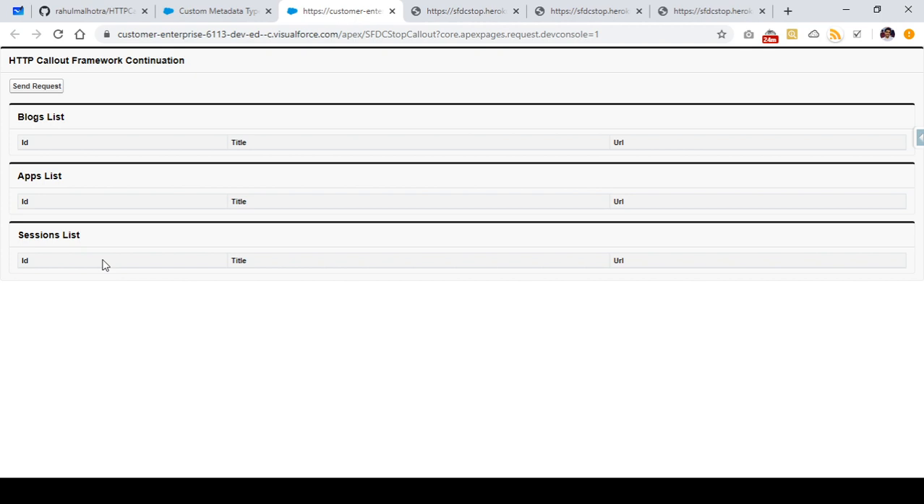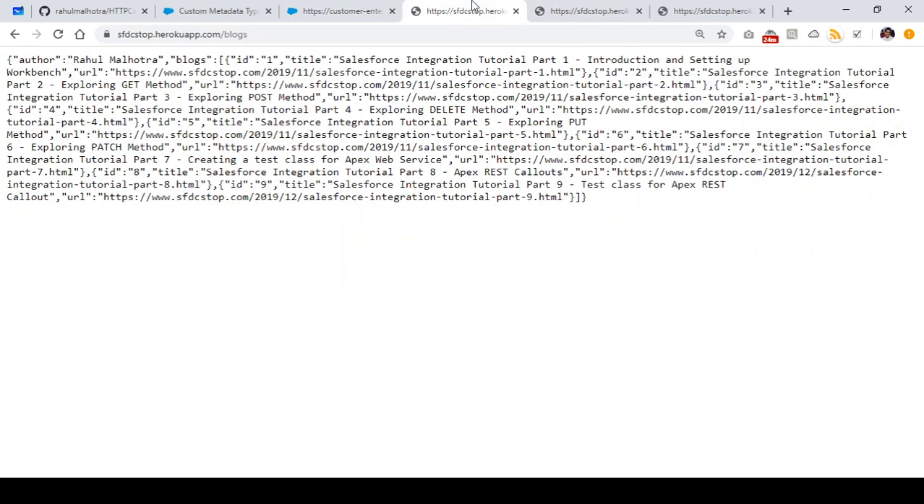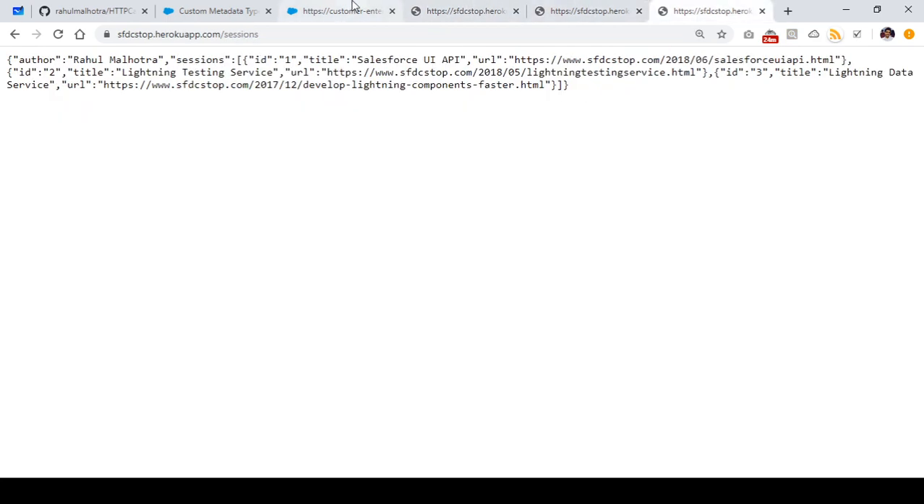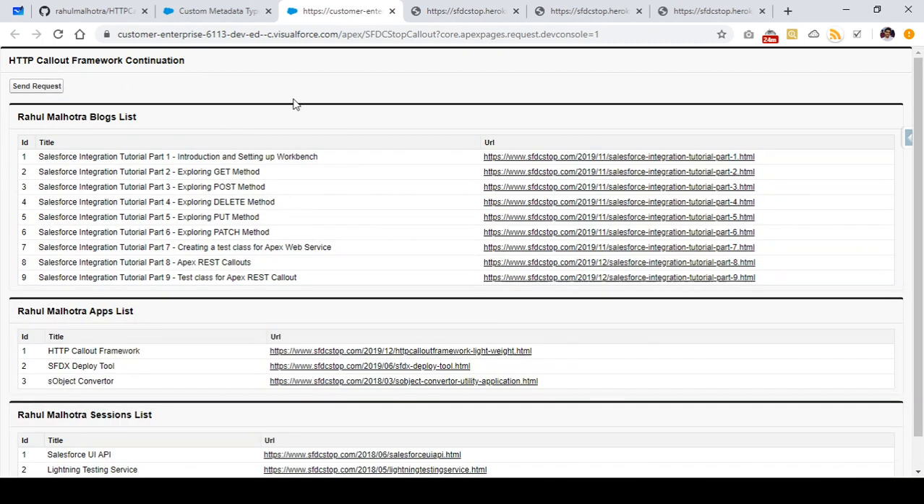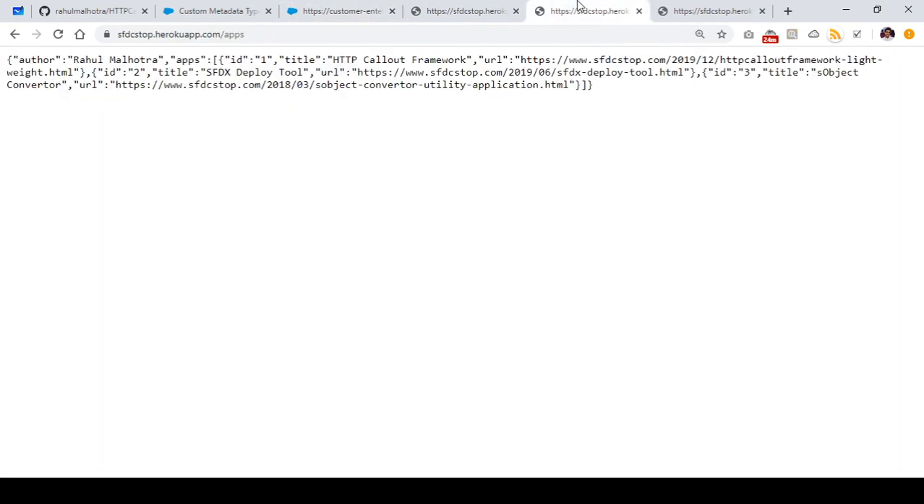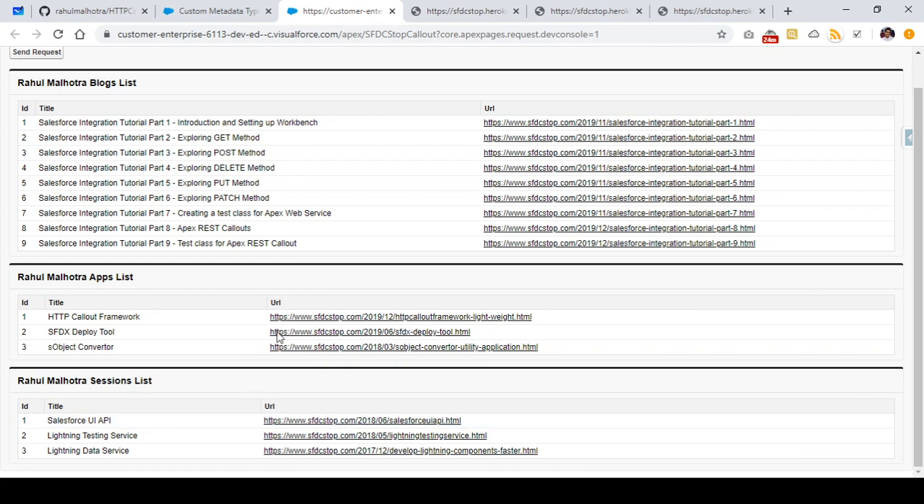section. Okay, so let's click on the send request button and let's see whether it is able to perform the request to three different APIs, and whether it is able to get a response back here or not. So I'm just going to click on this button, and we can see here that it is able to fetch the response from three different APIs. I'm getting a list of blogs here from the blogs API, a list of applications here from the applications API, and a list of sessions here from